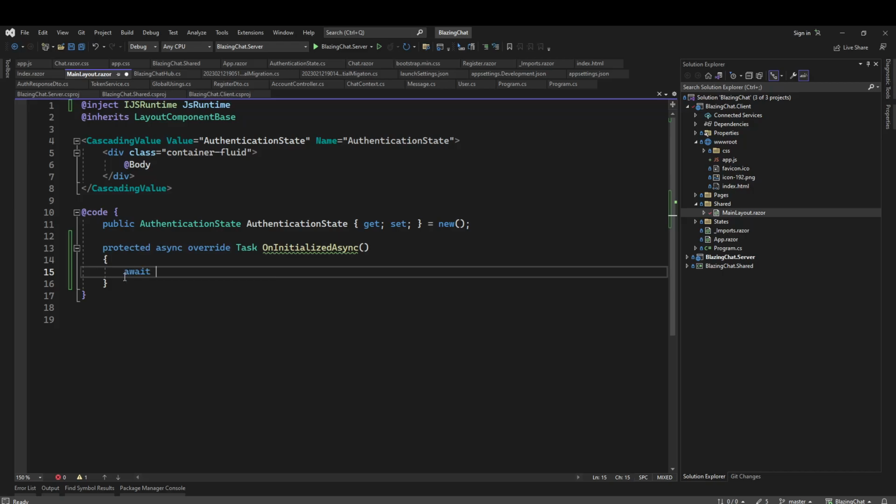So we can say await js runtime dot invoke async and